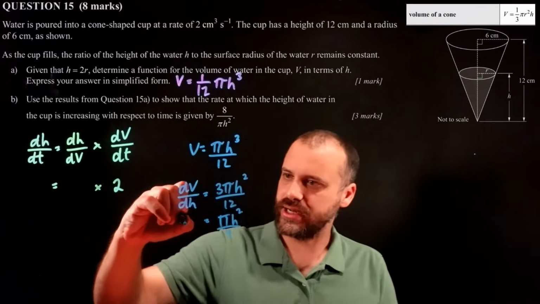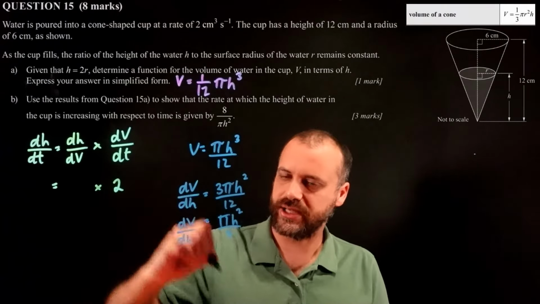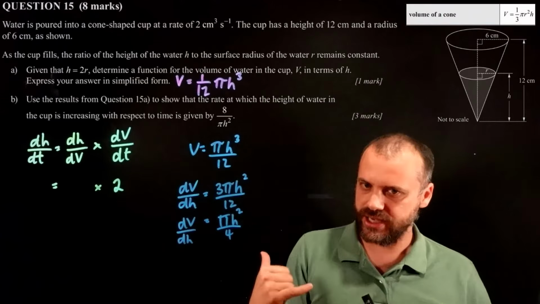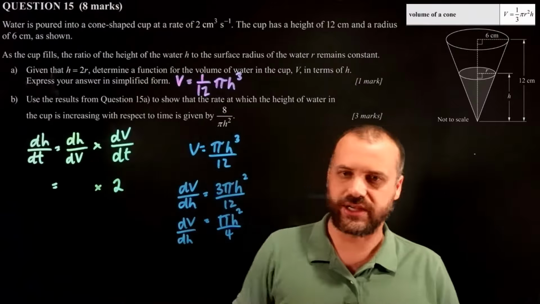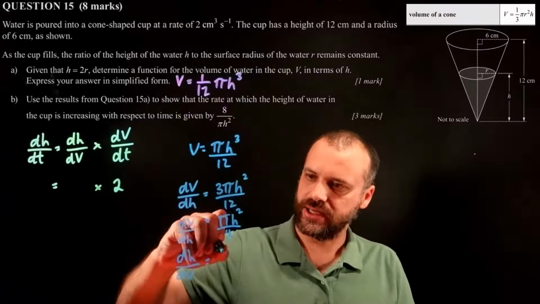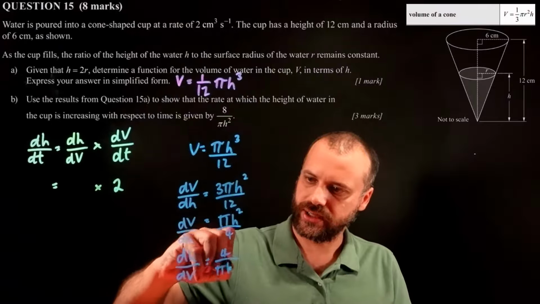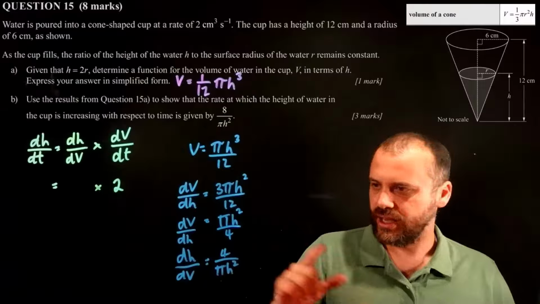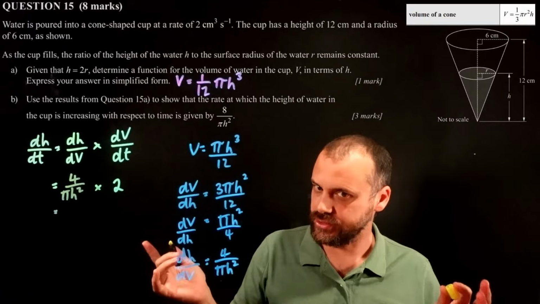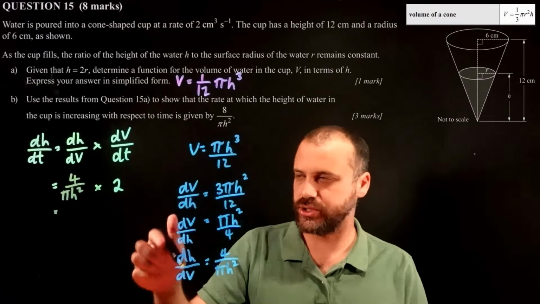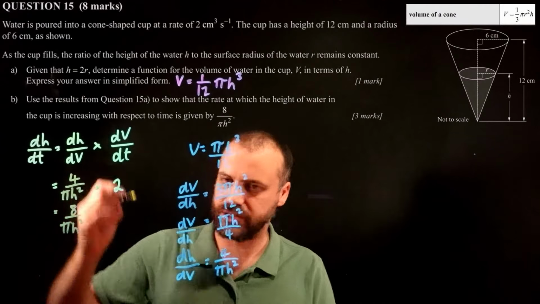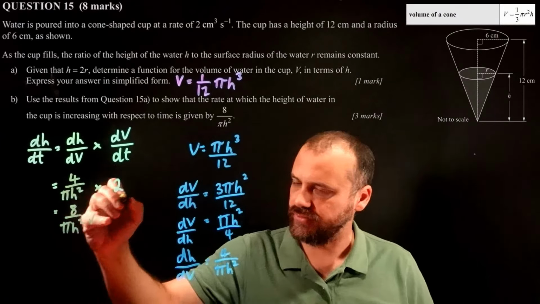Now, that is dV dH. But in order to put it into my formula, I don't need dV dH, I need dH dV. So I could just flip everything here upside down and I get 4 over pi h squared, and I could put 4 over pi h squared right there. All right, this is really finished now because now we can multiply by 2. We get 4 times 2, which is 8, 8 over pi h squared, and we are finished with part B